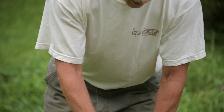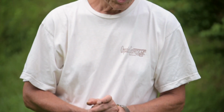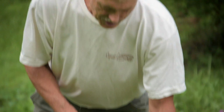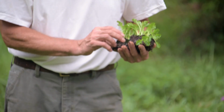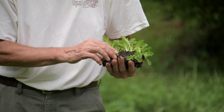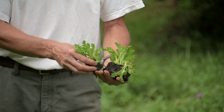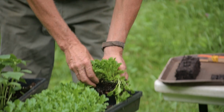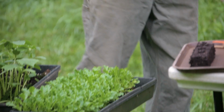So a lot of times with cell containers, which are probably the most popular system for raising transplants, if the plants get overgrown at all, they pack up against the sides of the cell container, and it's harder to transplant. But with soil blocks, you can easily grab a handful, and they're loosely attached to each other by roots that have grown from one cell to the next. But you can grab a whole handful and transplant them easily into the field without having to wrestle with a container. When they get really root bound, it's often difficult to get the plant out of the container without destroying the plant, and so I think soil blocks are far superior